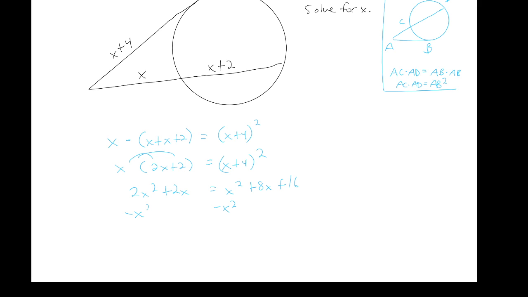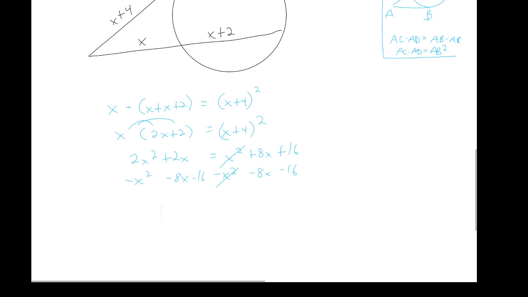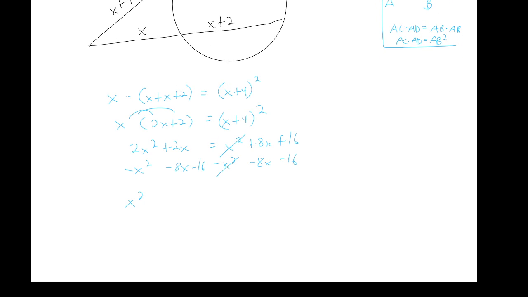Subtract x squared from both sides. Okay? Subtract 8x from both sides. And subtract 16 from both sides. 2x squared minus x squared is x squared minus 6x minus 16. That's all equal to 0. These are all going to be canceled. Then we're going to factor